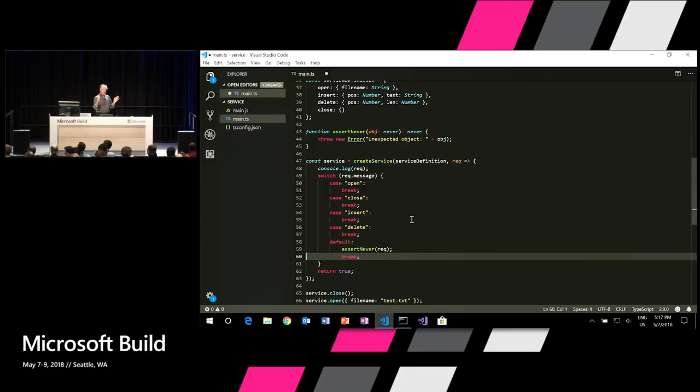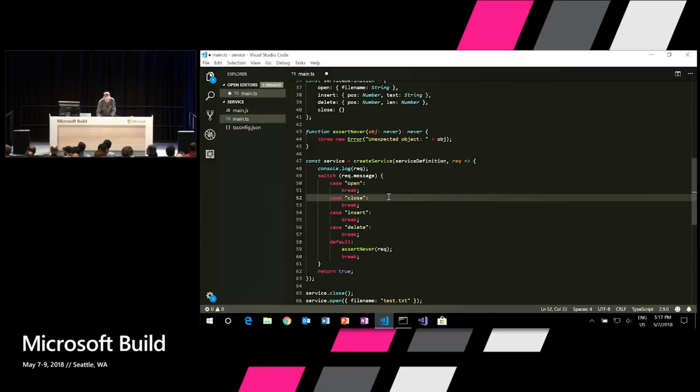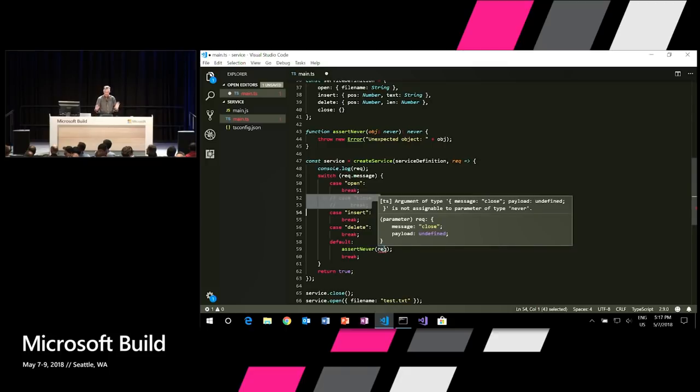And this is basically sort of a bottom thing that if something goes awfully wrong, we're going to end up in this default case. But the type checker knows that you're not supposed to get there. But if you forget one of the cases, then immediately it tells us here you forgot about close, because you ended up down here because you didn't handle all the other cases. And now all of a sudden you see how this is actually sort of like pattern matching in functional programming languages with exhaustiveness checking. You know, that's all based on just JavaScript paradigms and type inference and so forth,